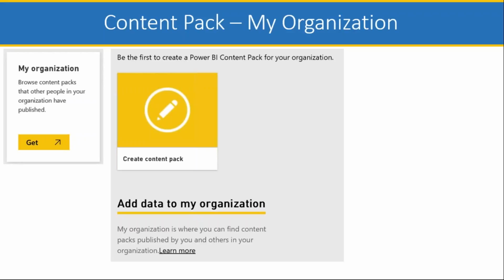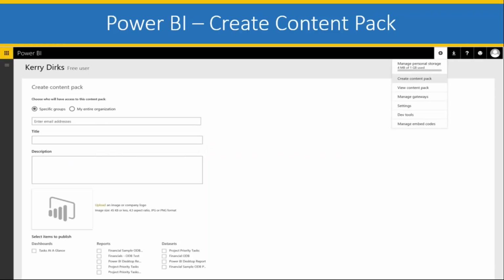When we create the reports and data sets, those are involved in the content packs, and you can create multiple data sets for different domains. Say, for example, you want content for retail, for HR, for finance, and you want different dashboards in that. You can create those over here. The way to create it is very simple. You just have to choose the access for the content pack, who can access the specific groups,